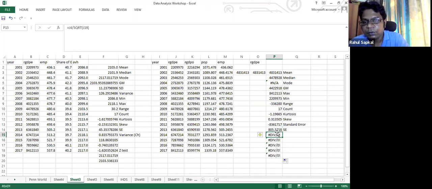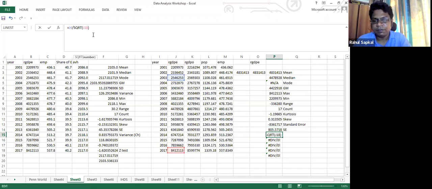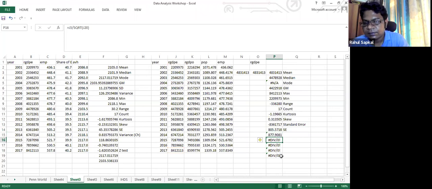Suppose, if you take, let's say J4 and J19, it will give you different results. That shows how close or how far your value is from the square root of any value you'll be taking. So they are the same one. Generally, this data is very short. That's why we don't have that much variation, and that's why the standard error you will see is very asymmetric. But if you have a large data, that time you can control the standard errors.